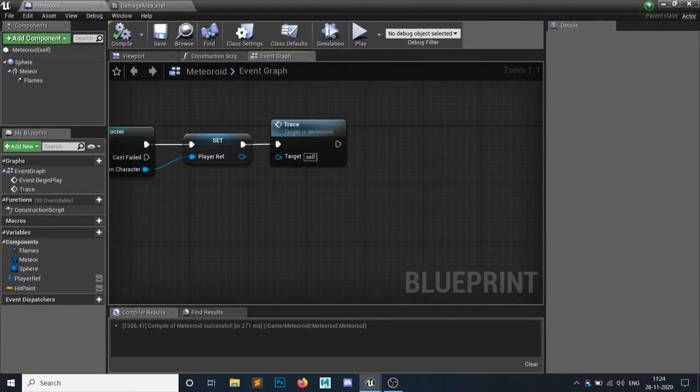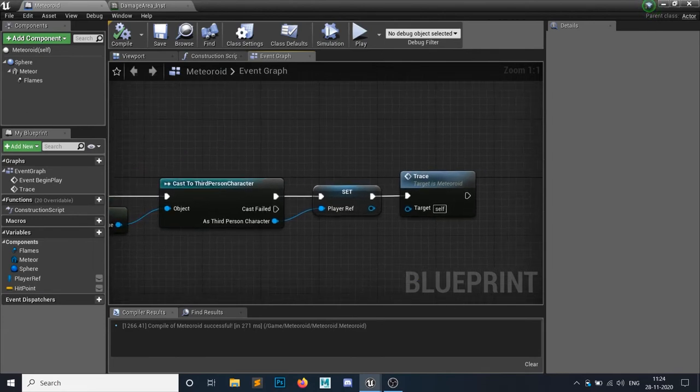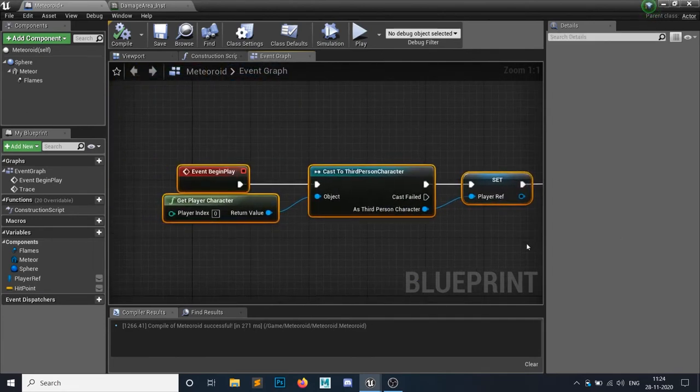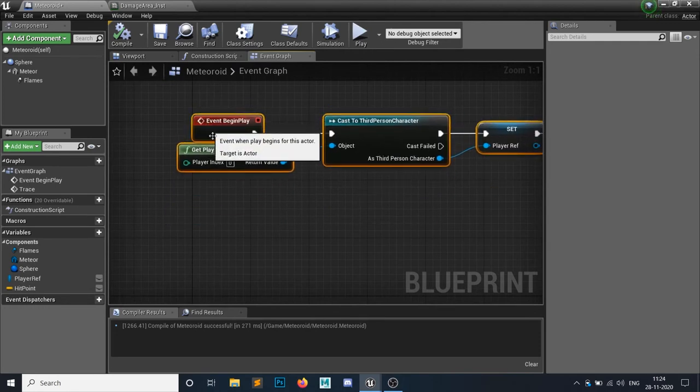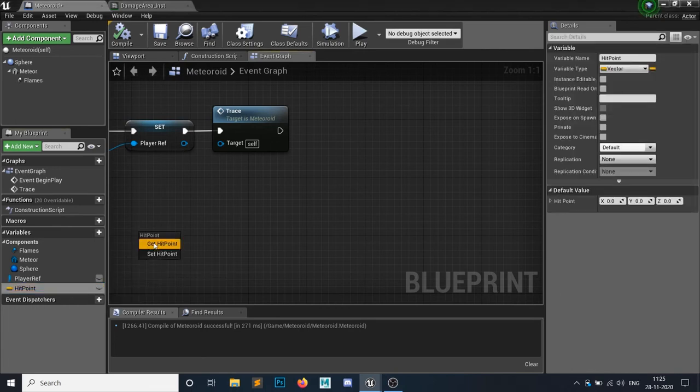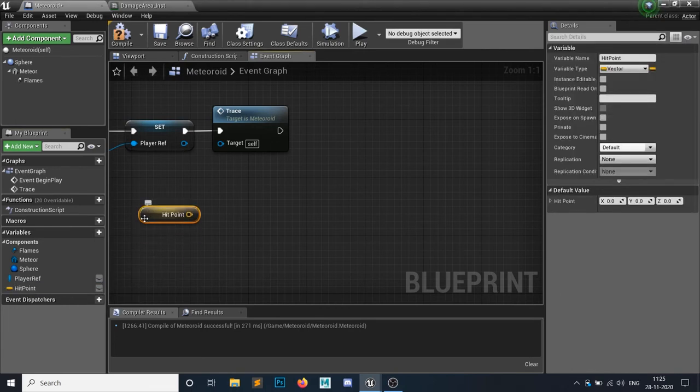All right, but we will fix this. So after doing the trace, what we need to do, let's make this up. We need to make this guy, the meteor, grow from the current location to wherever the hit result is. So grab this hit point, right?